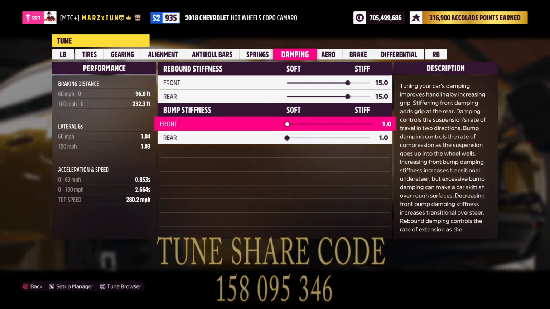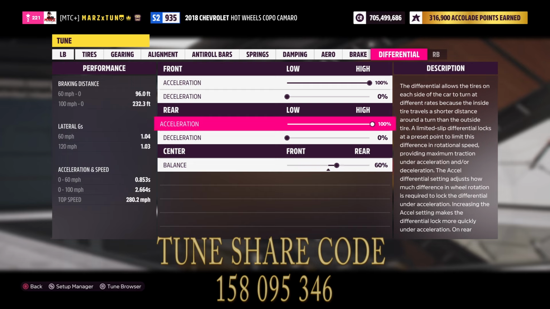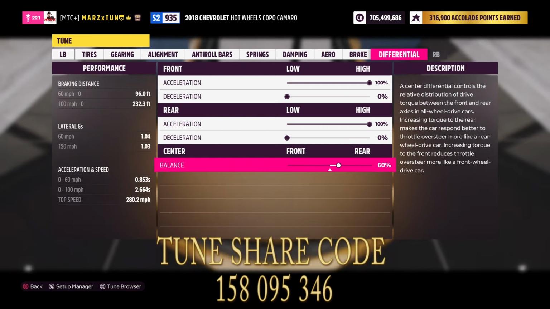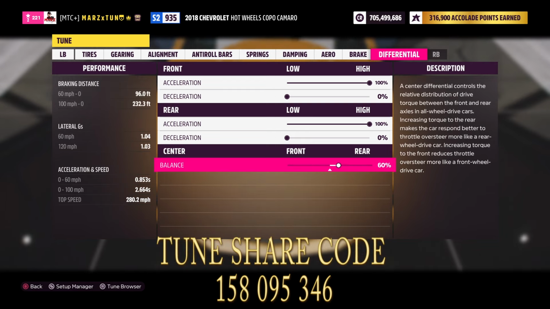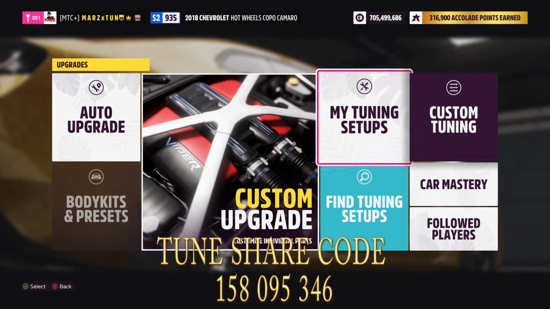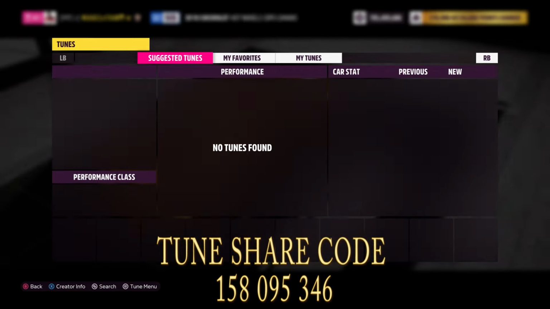Then we got 15, 15, 1 and 1. Nothing with this or this, and 100, 0, 100, 0, and 60. So that is it. 60 is there. Any higher than that, it'll just make that 0 to 60 a lot higher. No need for that. And besides that, so now let's just load up right here, right now, the other engine,